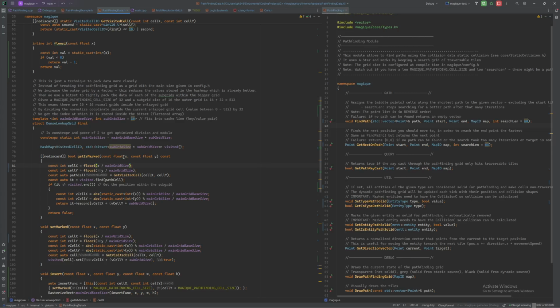So I get a float X, right? They can actually just be instantly cast to an int, because these are just ints anyway, pretty much. Well, I guess they don't have to be, but